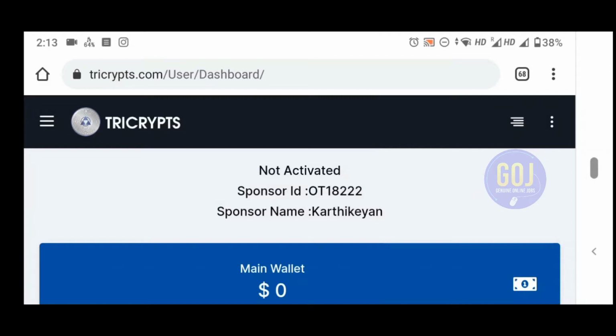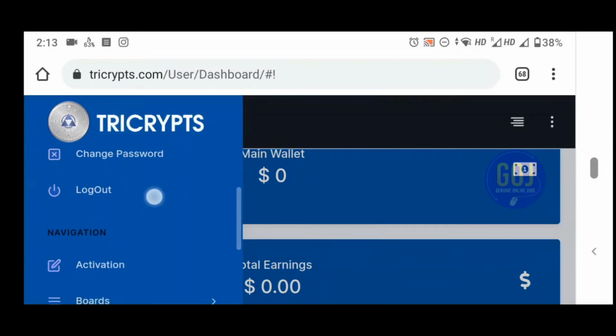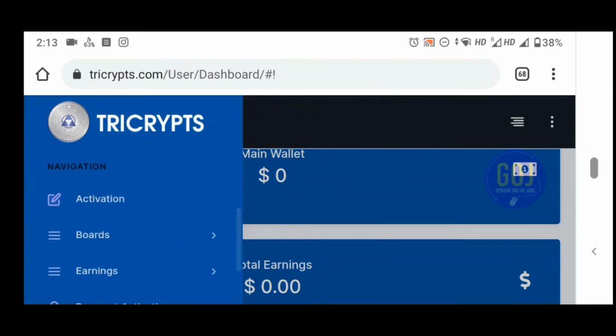And once your account is created, now we have to make payments. For making payments we should have Ethereum or Tron, whatever cryptocurrency we need to pay. First of all we need to get ready with our cryptocurrency in our Trust Wallet, and click on the menu button in the left corner and click on activation.